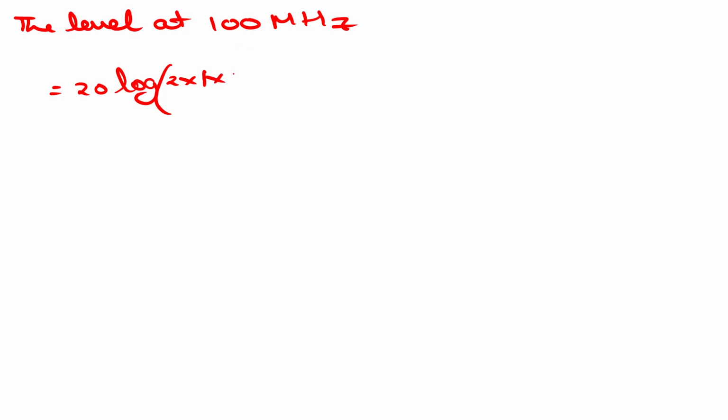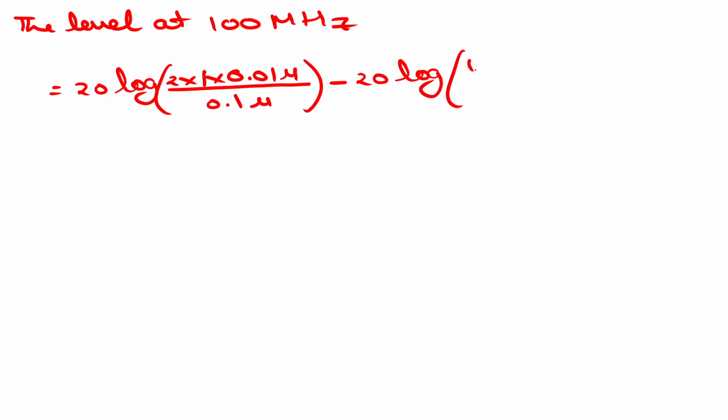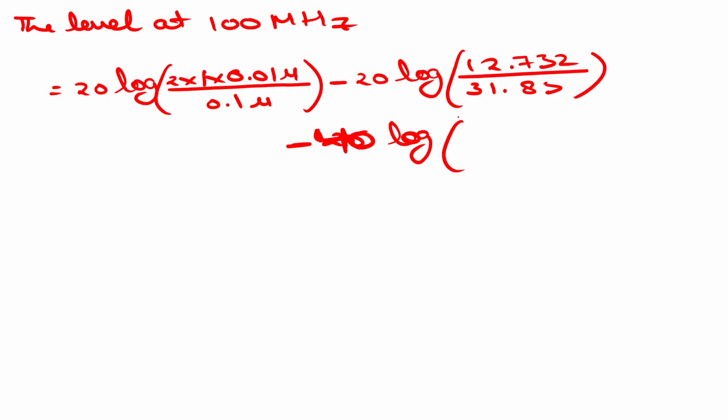Tau we calculated is 0.01 microseconds, and the time period of this pulse is 0.1 microseconds, minus 20 log of 12.732 megahertz divided by 31.83 megahertz, minus 40. After the second breakpoint frequency it becomes 40, so minus 40 log